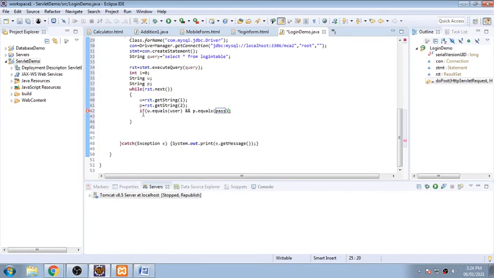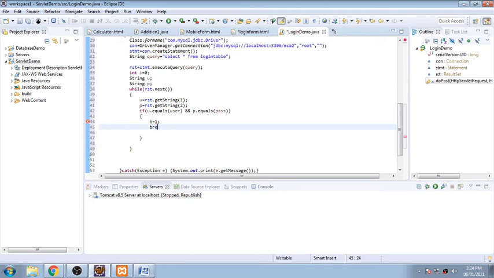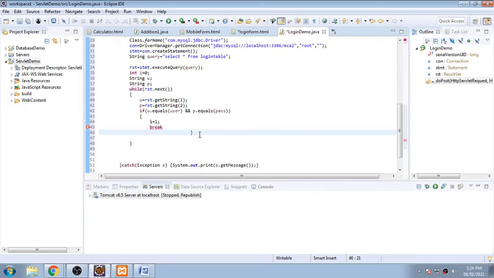So if it is there, I will say int i is equal to 1, and I need to break this loop.